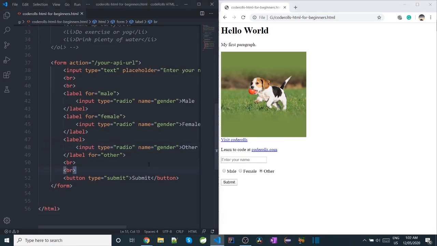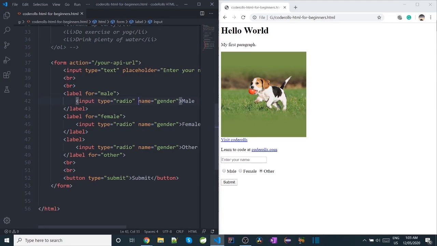And now the important thing is adding a value to your radio buttons. When a user hits submit button, there should be some value to a gender field which will be received as a parameter value by API. So we will add the value.